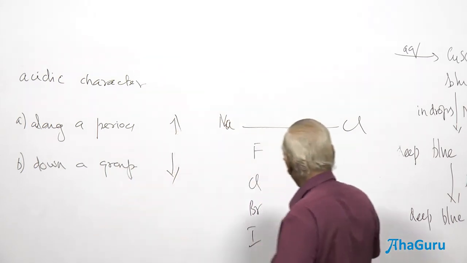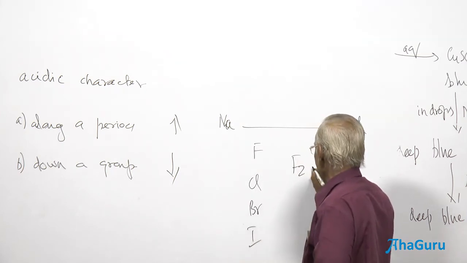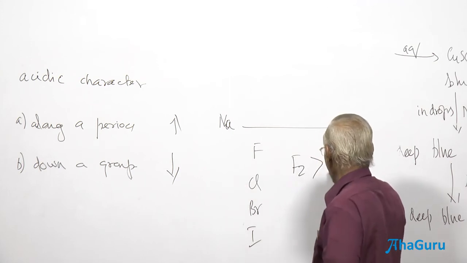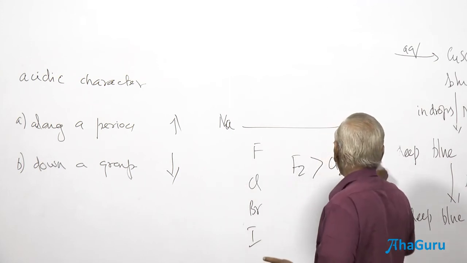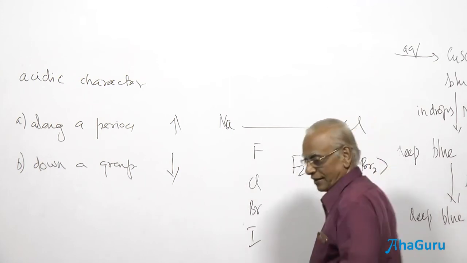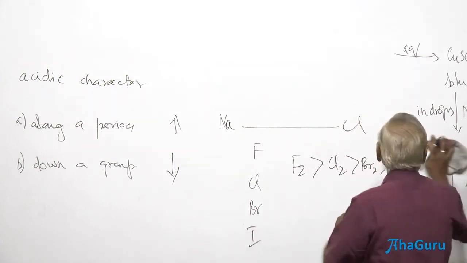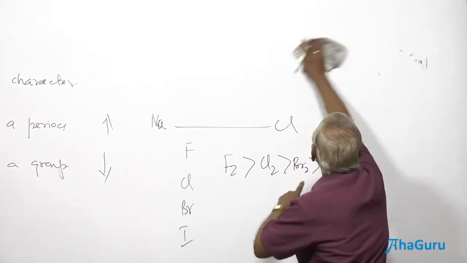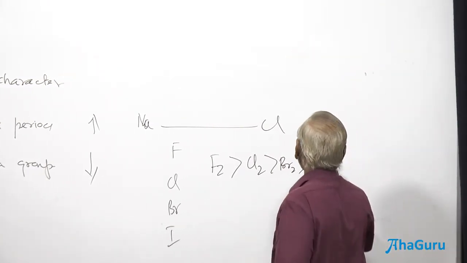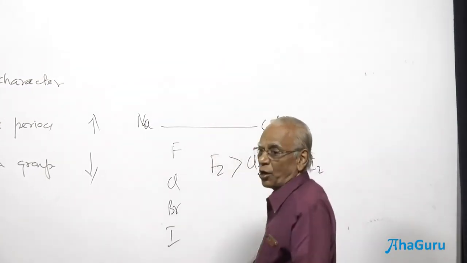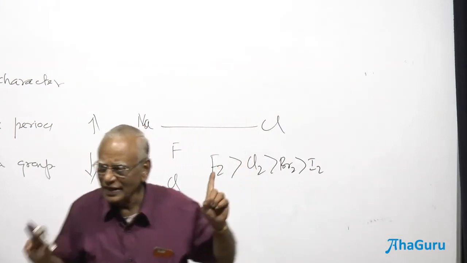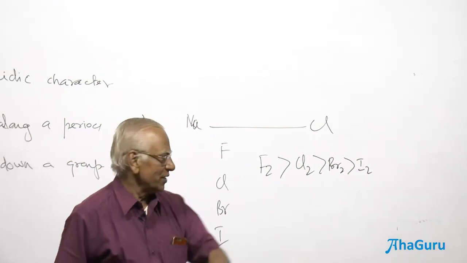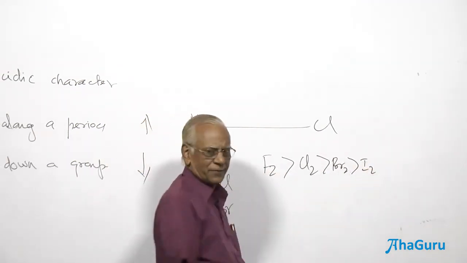So, when you are comparing the properties, fluorine is a stronger acid, write it. The acidic property: fluorine greater than chlorine greater than bromine greater than iodine. It goes by the electronegativity, not electron gain enthalpy. This is going to be one important order. What is it that we have written? Decreasing order of acidic character. Write that, mention that.